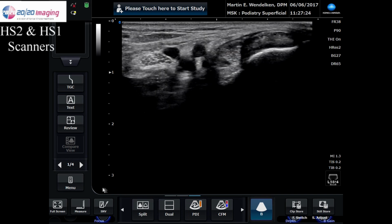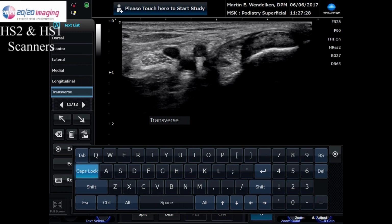Let's now freeze the image on the screen and label the structures within the tarsal tunnel. Let's begin with what view it is. It's a transverse tarsal tunnel, of course. I want you to